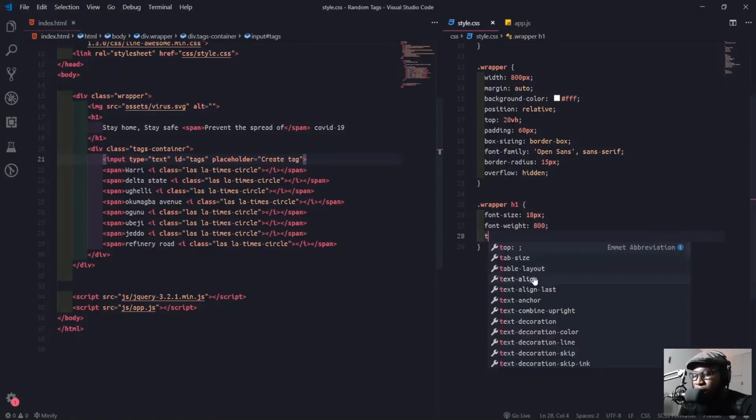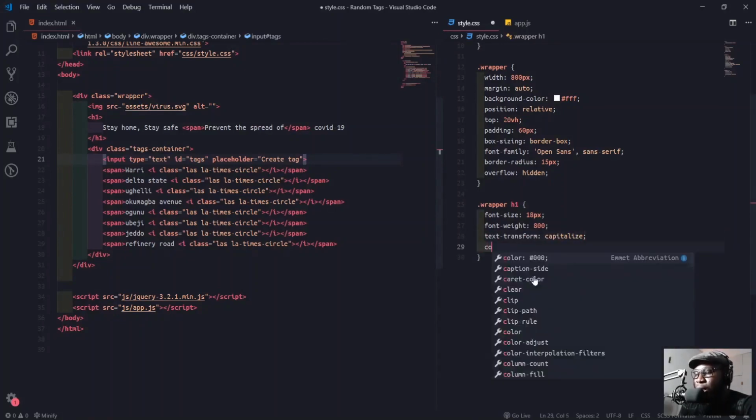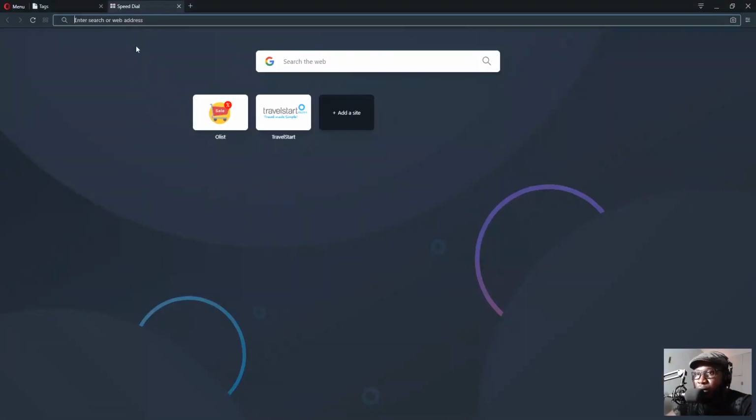Then text transform capitalize, and the color, I want kind of blue like that. I'm giving them the hash 5C6BC0. You get.